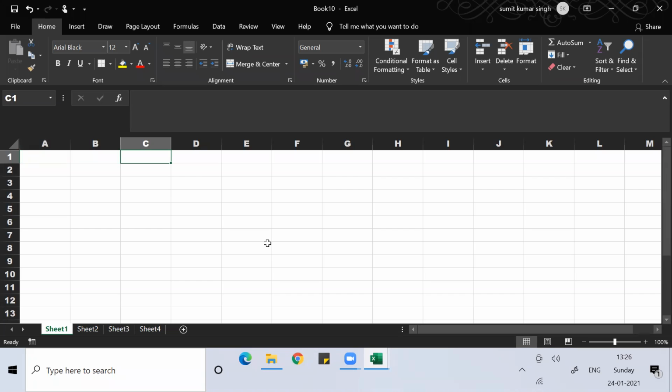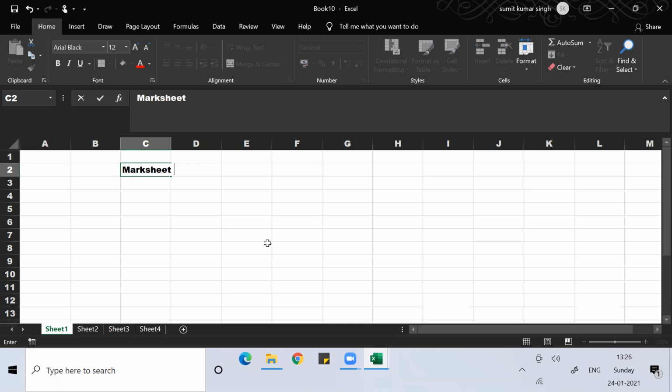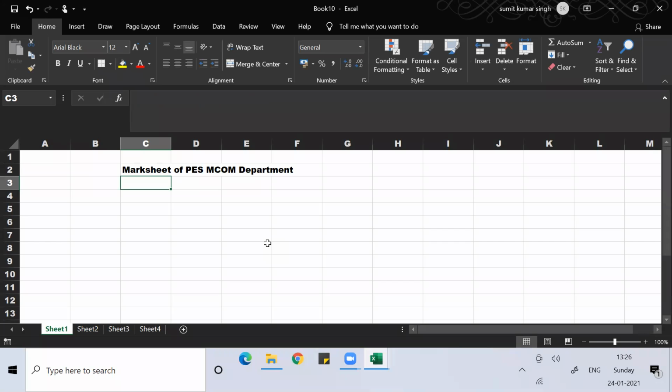Now suppose I want to create a mark sheet of a college, say a mark sheet of the PES MCom department. What I'll do is simply select this data and click Merge and Center.